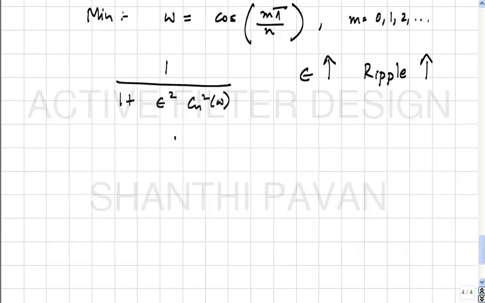So Cn, for large omega goes as we saw yesterday, some k times omega to the power n. Correct? Now this k times omega to the power n remains the same because the same order is what we are concerned about. We are only trying to figure out what happens when epsilon increases. Correct? So high frequency rejection gain goes down,